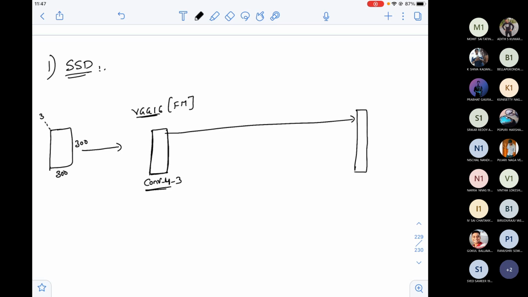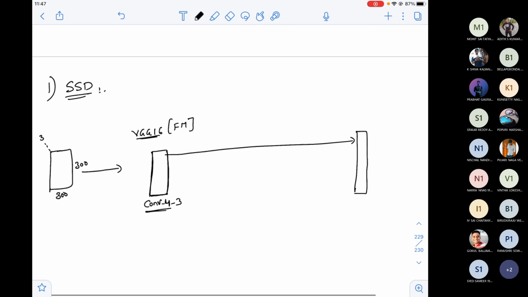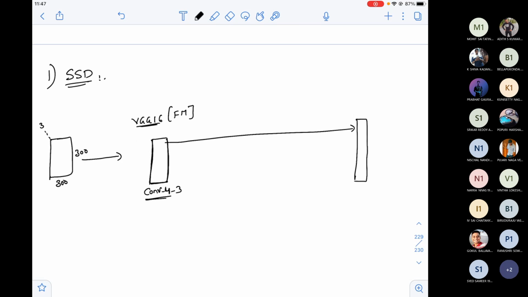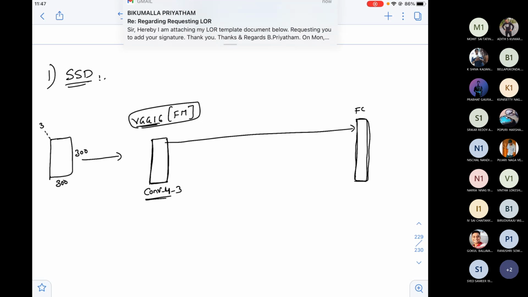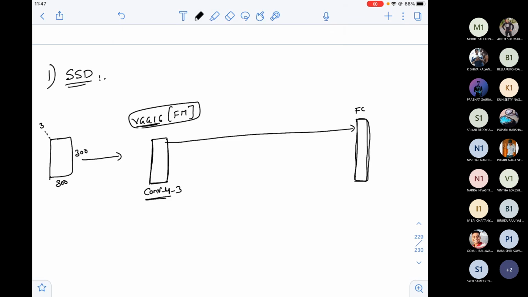That means this will give you certain boxes. The VGG16 feature map goes to a fully connected layer. The fully connected layer gives the objectness score for each box that it proposes. Okay, so now, sir, where are the boxes, sir?